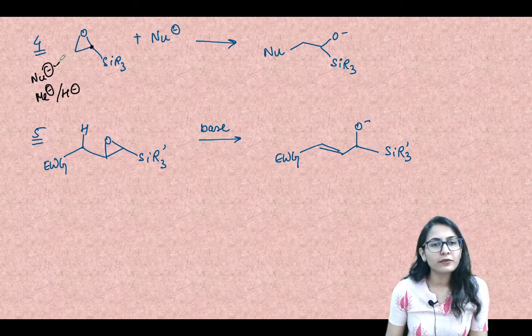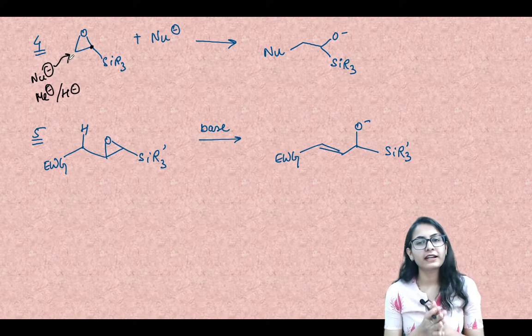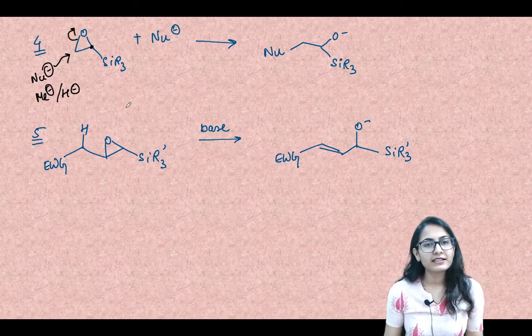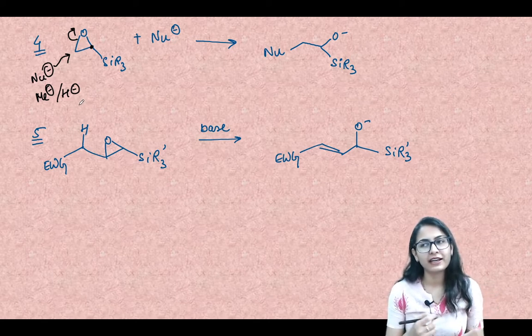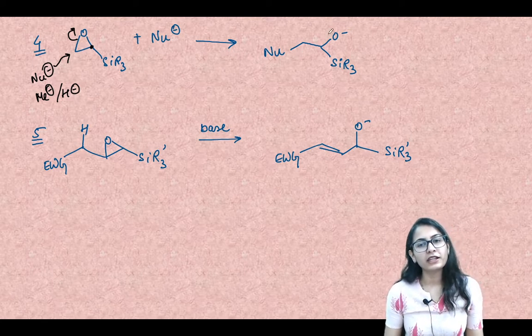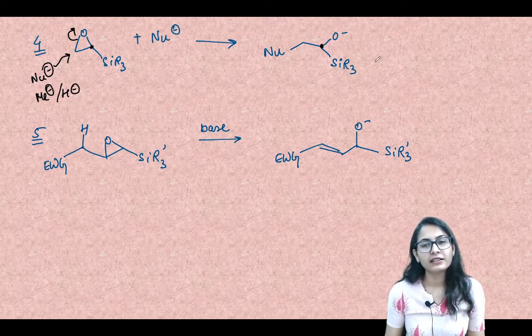So when the nucleophile attacks on the epoxide, always it is going to be from the less hindered side. Yes, and this is the regioselectivity of epoxide opening with a negative ion, basically with a carbanion or any anion. Alright, so this is epoxide opening, and again you get an alpha silyl